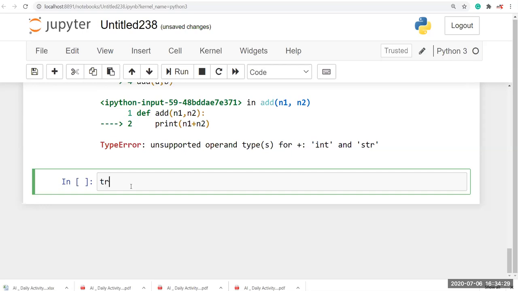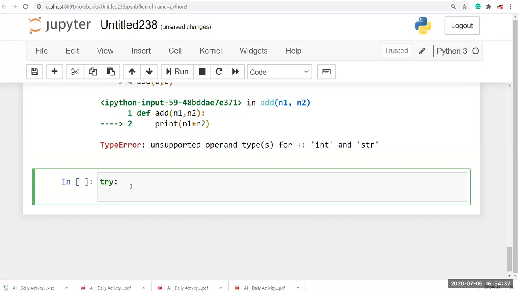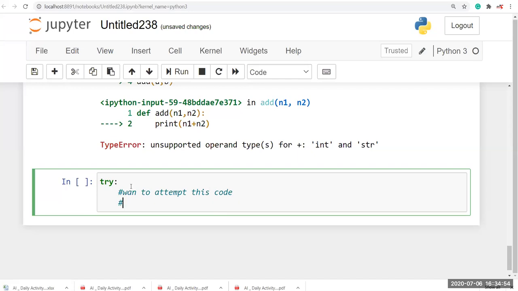Here you have to give your try block in small case, right? So after that, I'll add some comments here: attempt this code, which may have an error.